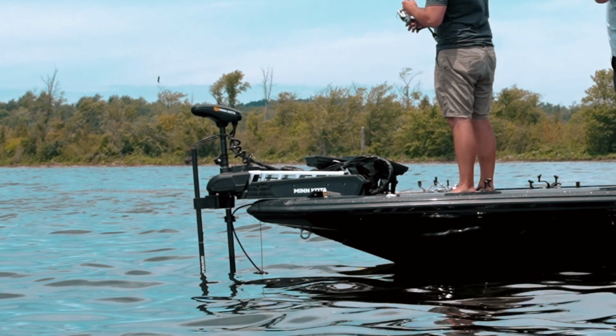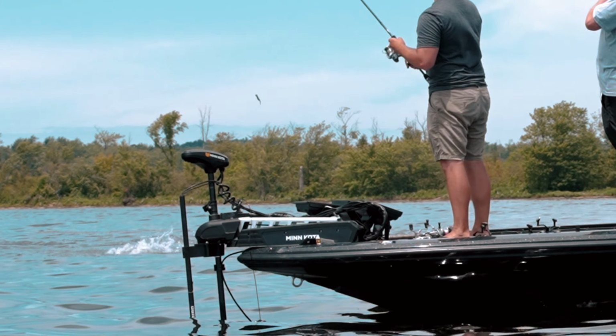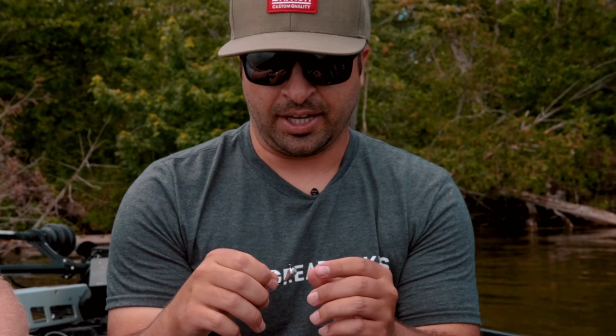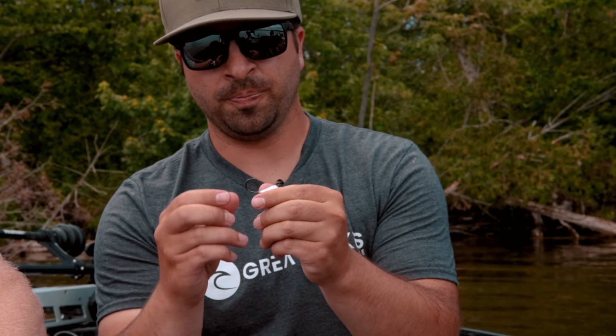If you get a big smallmouth out here, especially midsummer, they just go ballistic. It's not uncommon for them to jump 5-6 times before you get them to the boat. And having that short shank and heavy gauge wire, they're just not going to bend it out. And the other thing that's important, if you're on the good stuff here, you're generally in sticky bottom, meaning rock, sand, stuff,